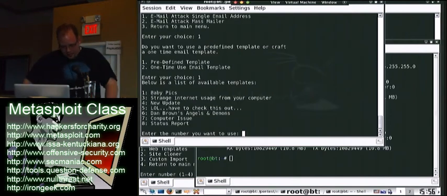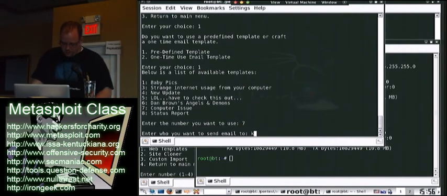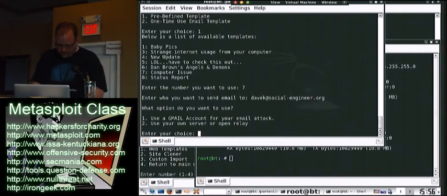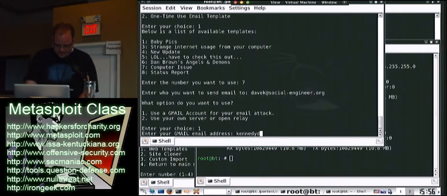So we've got a couple here. You've got baby pics, strange internet usage from your computer, Dan Brown's annual demons, computer issues, status report. We'll just do computer issue, and I'm going to send this to myself. I use Gmail.